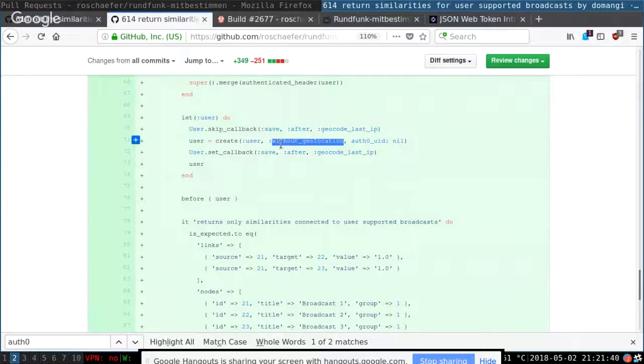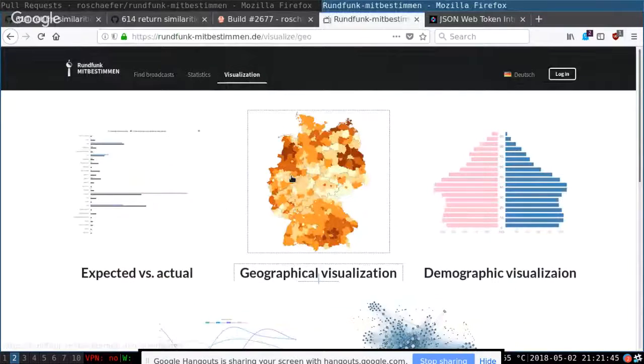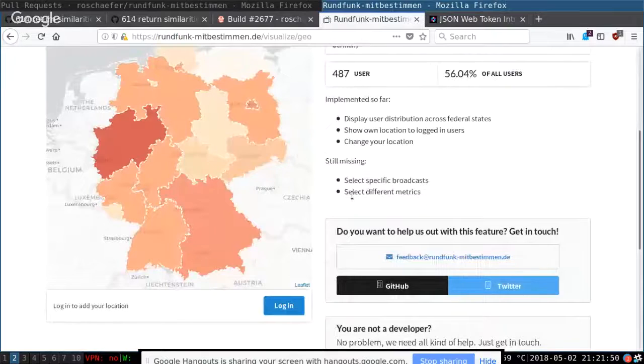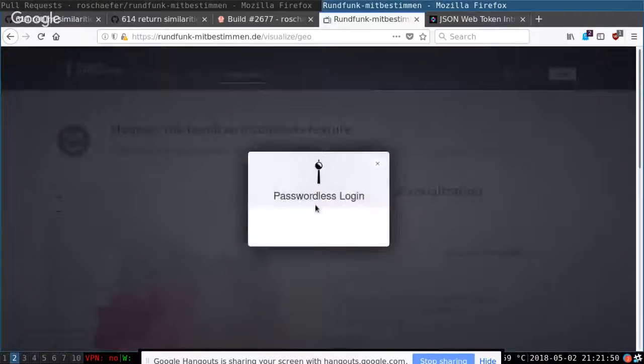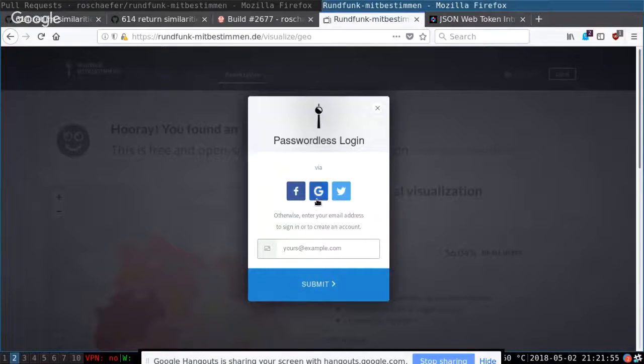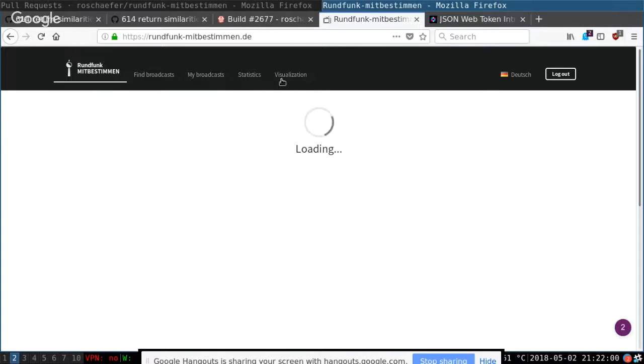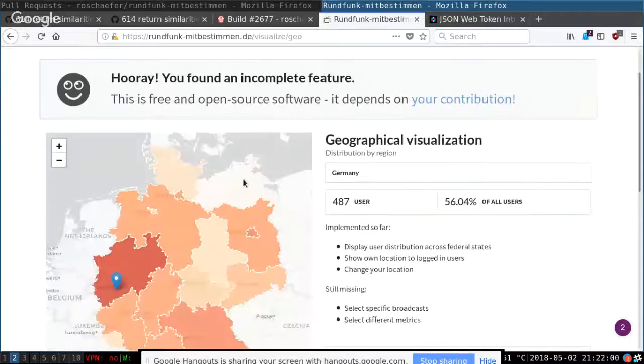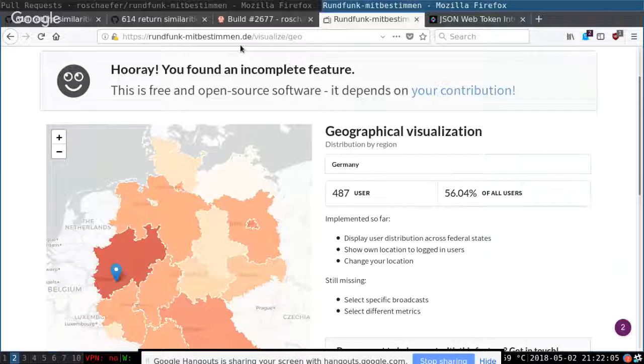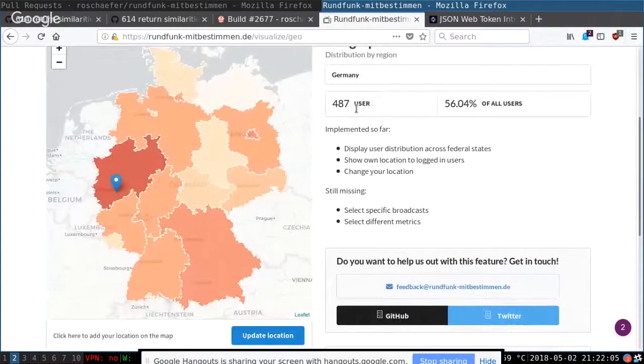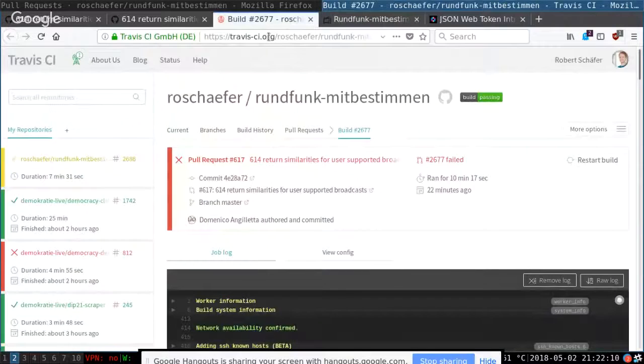So geolocation is important for another kind of visualization, actually. Yeah, the map. So if you're not authenticated, you don't see anything. If you are, then I think this user was authenticated. And then you see your own location here. But sometimes you don't get geolocated, and that's the without geolocation.